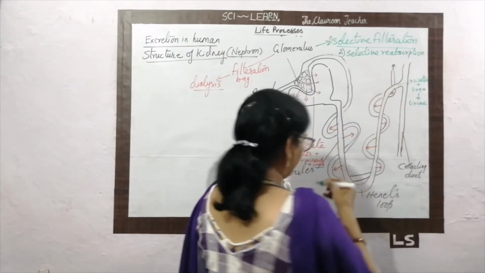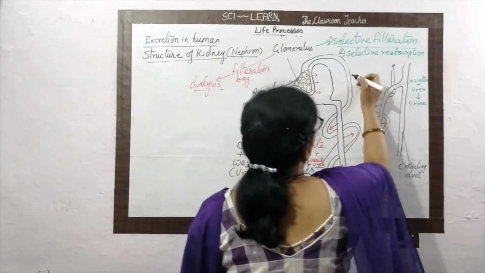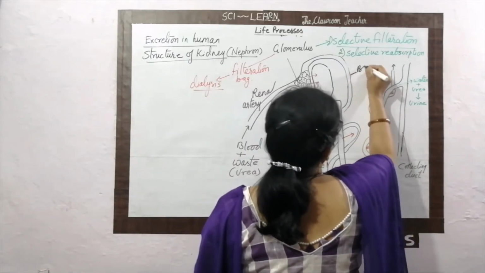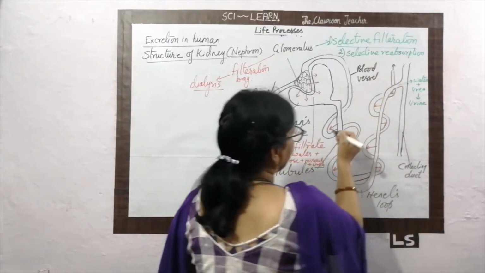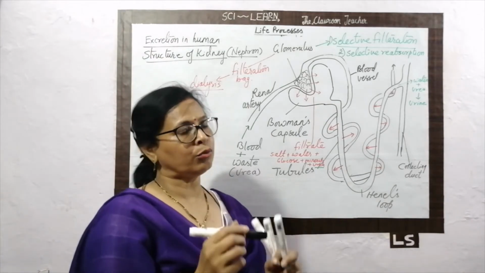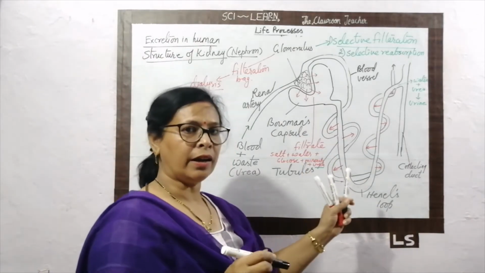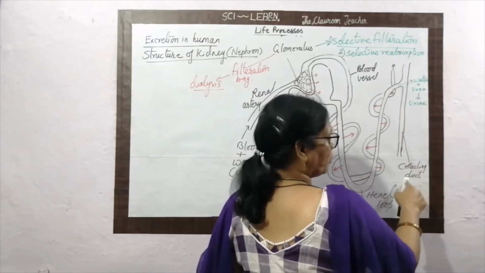Reabsorption. This is the blood vessel. What is this? This is the blood vessel, that is actually the renal vein. The blood vessel reabsorbs the essential substances from the tubules and allows only water and urea to move up to the